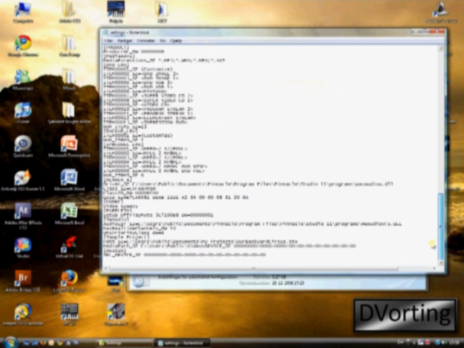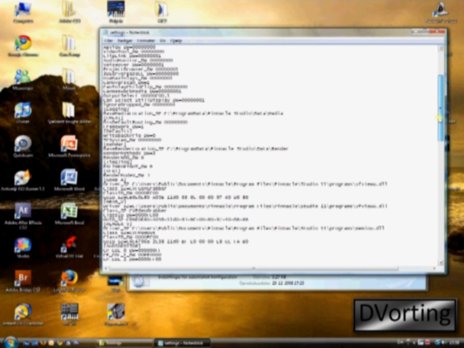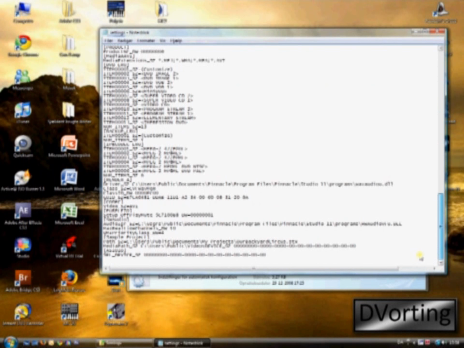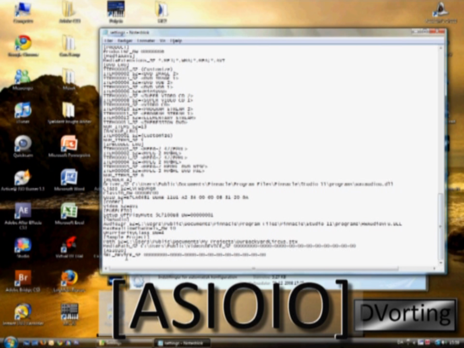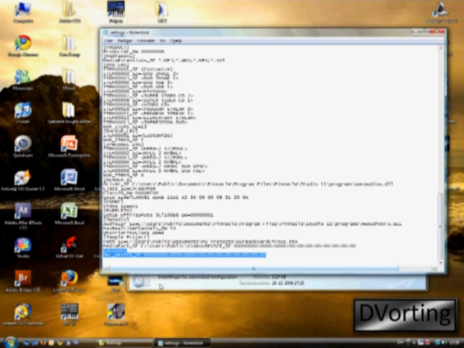Go all the way down until you have, like, first you search for this code called ASIOIO. I didn't find it when I searched for it, but you might, and it's very important that you don't write two of it.